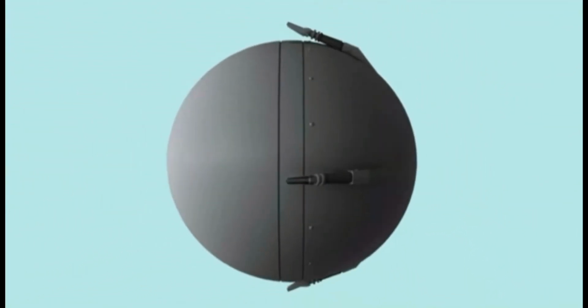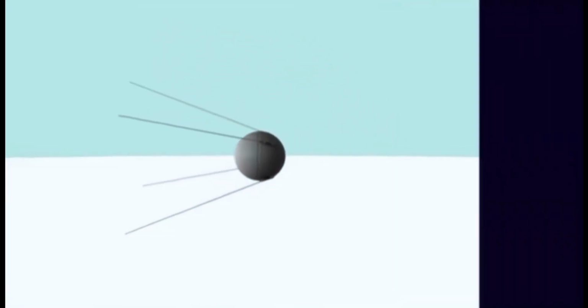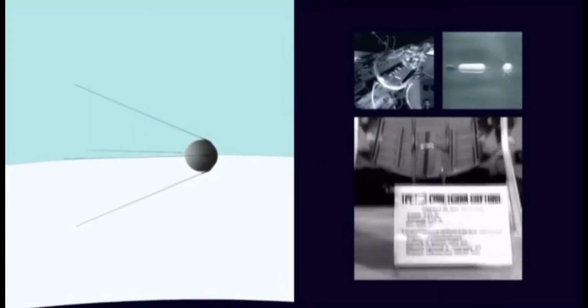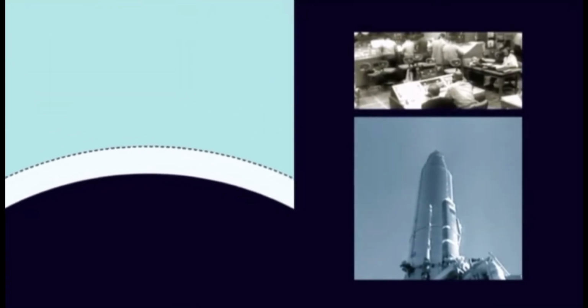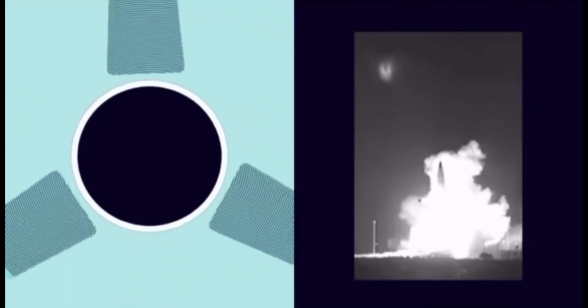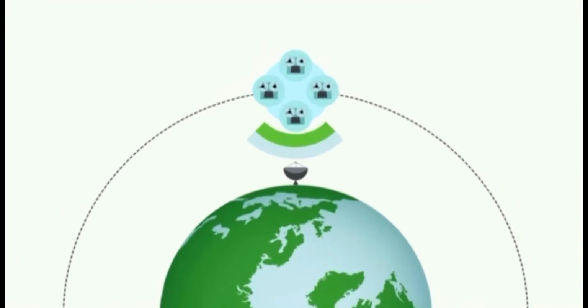The first man-made satellite was launched by the Russians in 1957, called Sputnik, and it lasted 22 days before the batteries ran out. It fell to Earth 3 months later. The Americans, not to be outdone, went ahead and created the first communication satellite, called Project Score. Amazingly, the satellite had 4 tape recorders in it and they could be controlled from the ground to record and